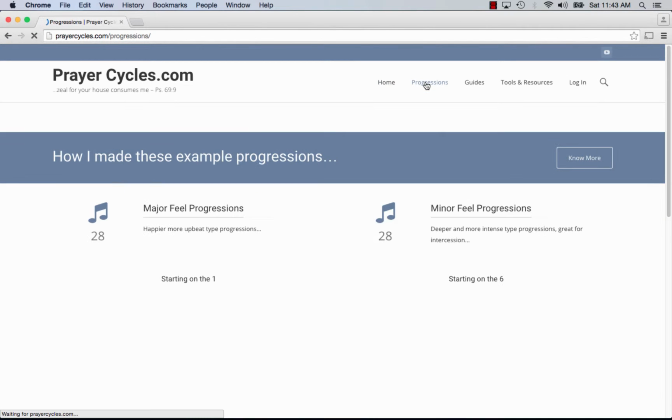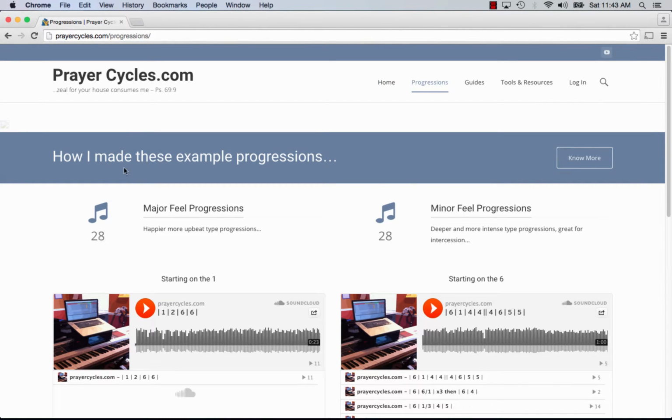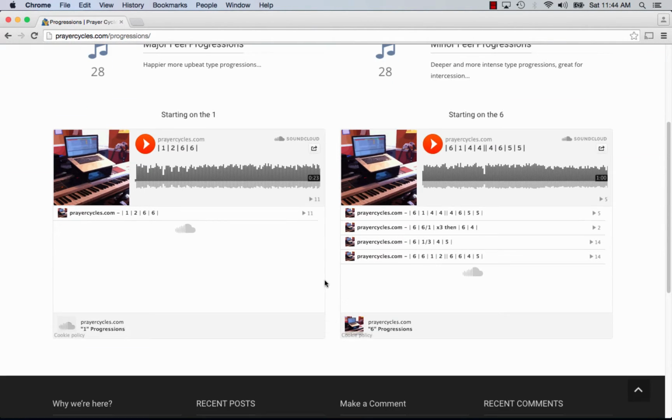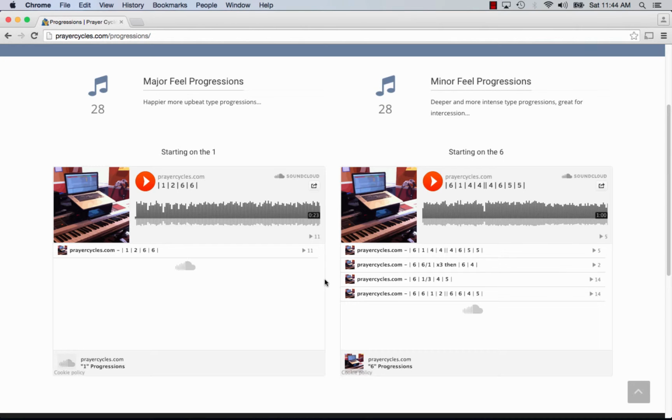patch list. So if you go to the site and go to the progressions page, I created a small tutorial here called, how I made these example progressions. And obviously that's probably where you found this video. And for example, on the site, the idea here is to have a kind of a database of chord progressions,